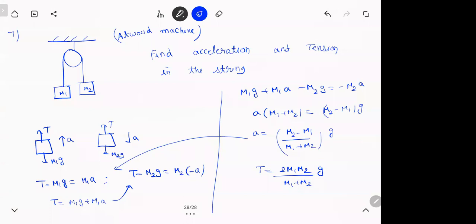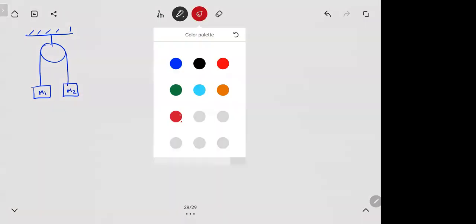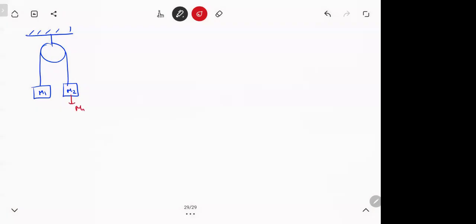Let's see how to do the same problem. Listen carefully. Just going to manipulate the equations a little. So this is M1, this is M2. Now, if I see the forces acting on this, M2G is pulling it down, M1G is pulling it down. Generally what we should do is take X and Y axis as straight lines, but there is no guarantee you should do it that way.